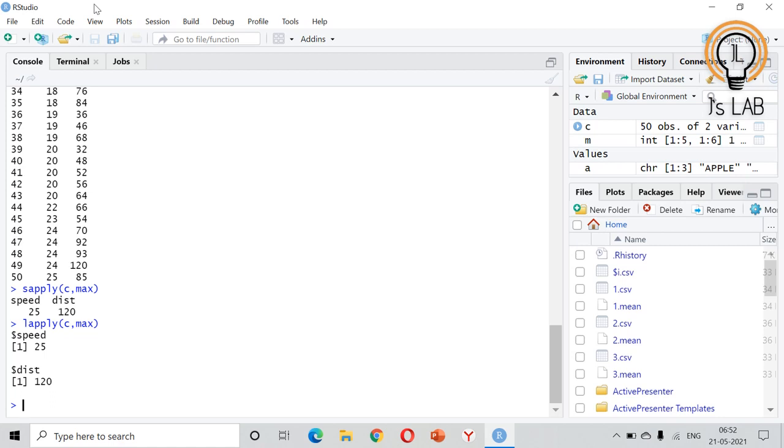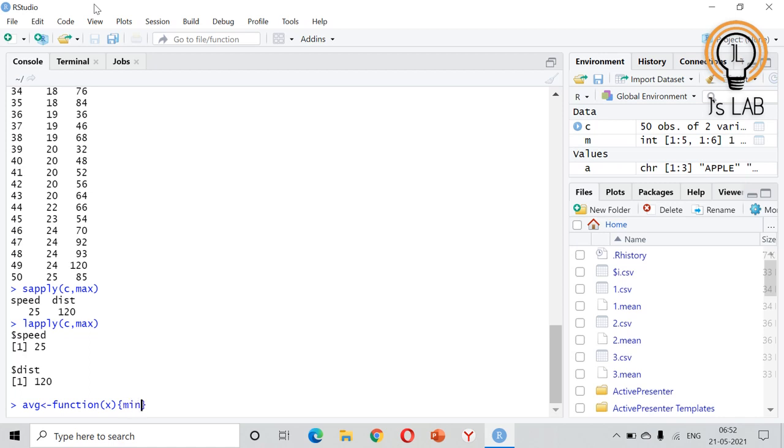Now I already told you, you can create your own function as well, other than maximum, minimum, mean, mode, etc. For example, we will create average. Okay, I am creating a function average, function of x, in which x means the values in the data frame.